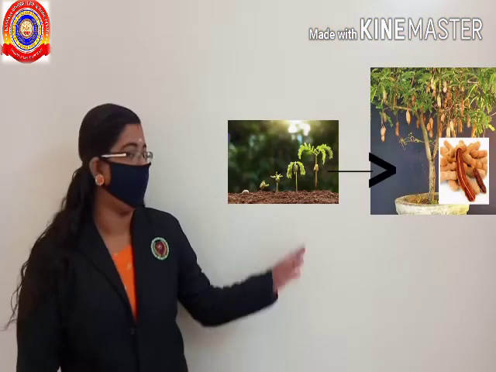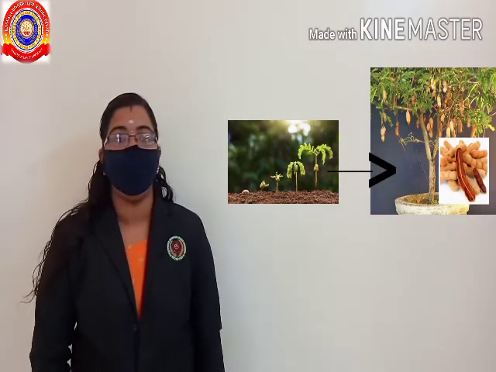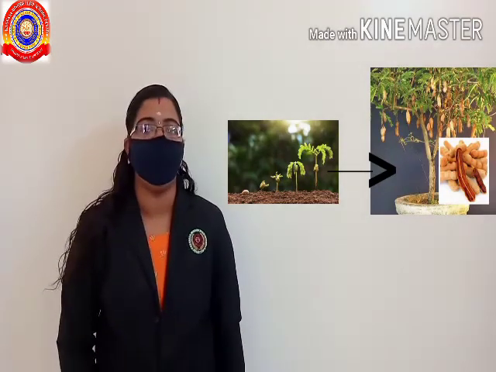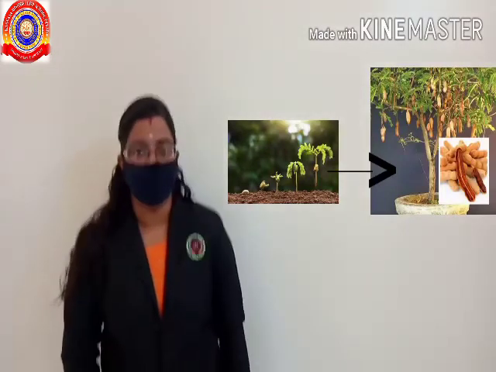This picture shows a dicot seed developing to form a dicot plant. Which plant is this? Yes, it's a tamarind tree. Is it clear to you? So, we finished the important topics in the chapter. And at last, we have to do an activity in your textbook on page number 28.